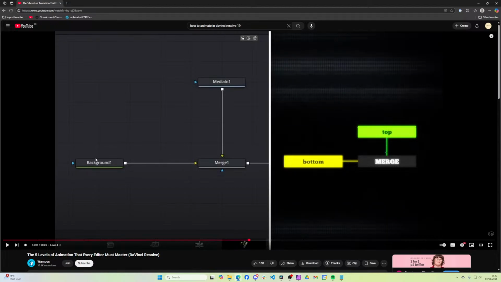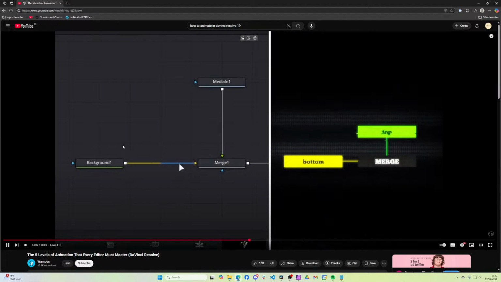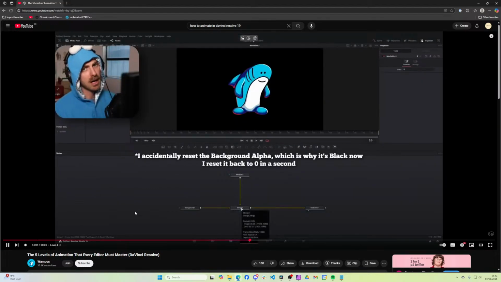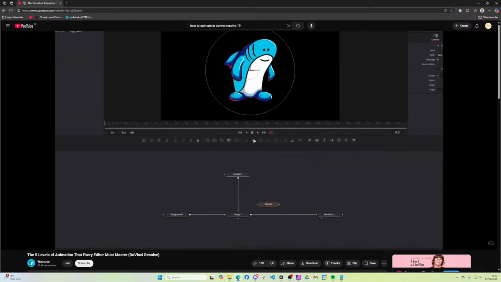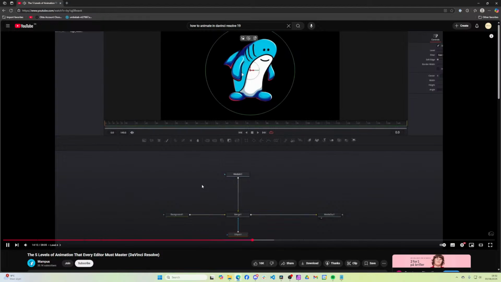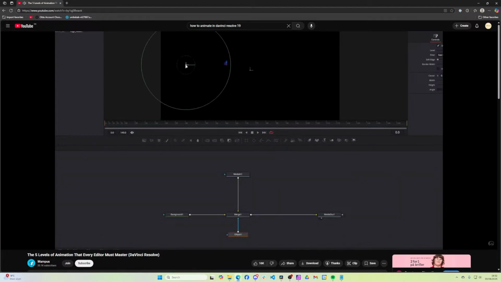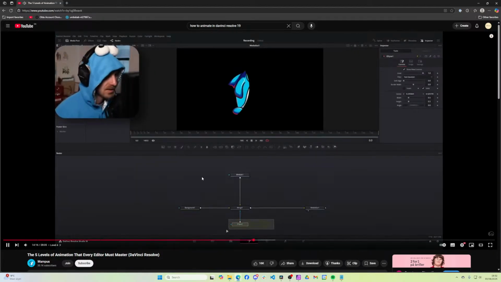Foreground, background. So whatever we want in the foreground stays on top. Whatever we want in the background stays on the bottom. And the blue inputs we are not going to need for this example, but those are going to be your mask inputs. If I were to drag and drop in a circle here and connect it to our mask input on the merge node, this is what we use to hide things. But again, for this example,